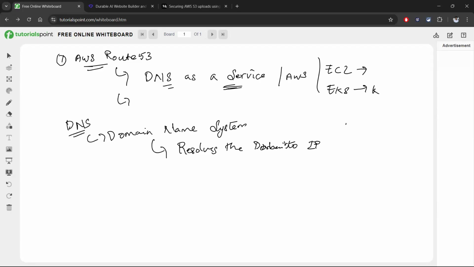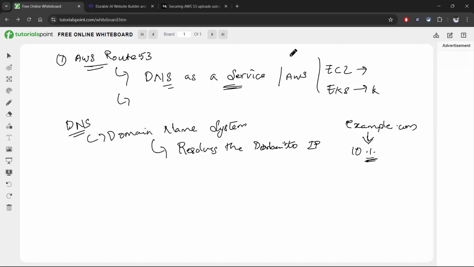Like if you are requesting example.com, then it will route the traffic to some IP address like 10.1 dot some IP address. So it will be routing the traffic to any of the IP addresses that is pointed to this domain. Okay,